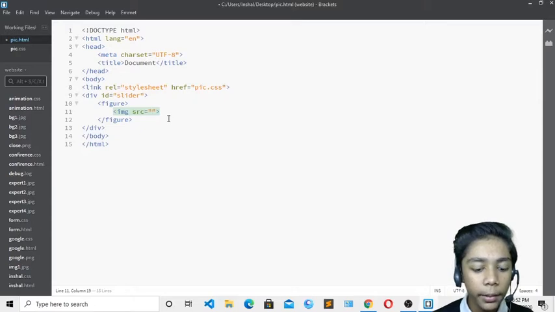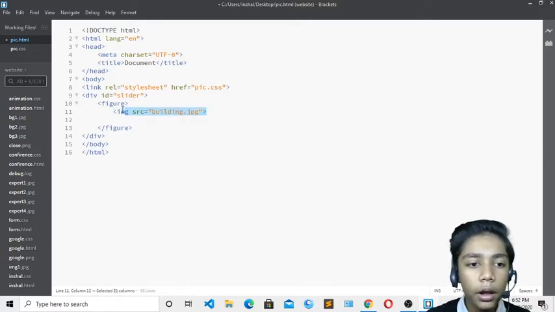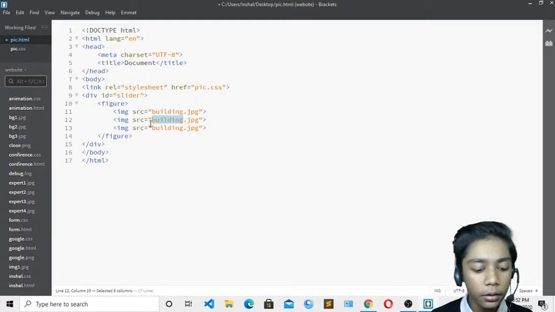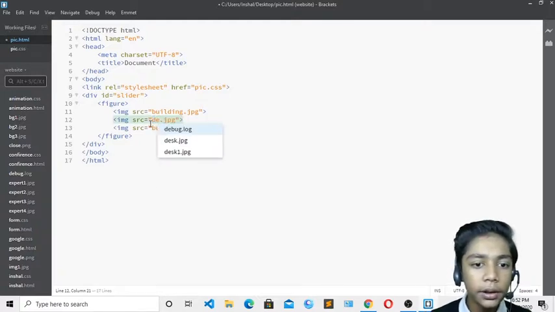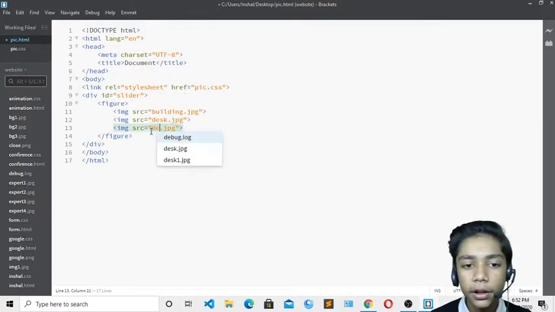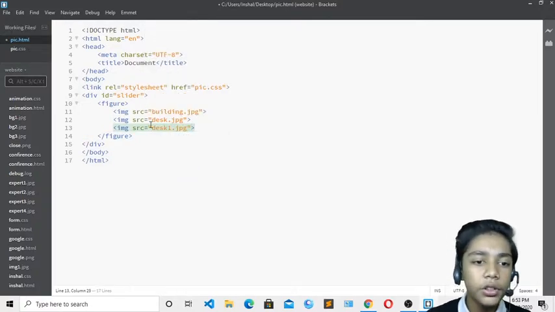I will write my image name: my first was building, so I will write building.jpg. I will copy this and paste it over here and over here, so we don't waste time, we will just do it two times. Then I will write desk, like I told you my image name, and my third image was desk1, so I will write desk1.jpg over here.